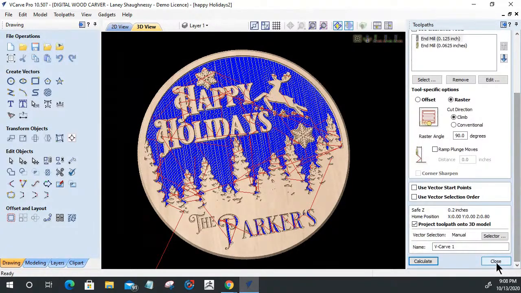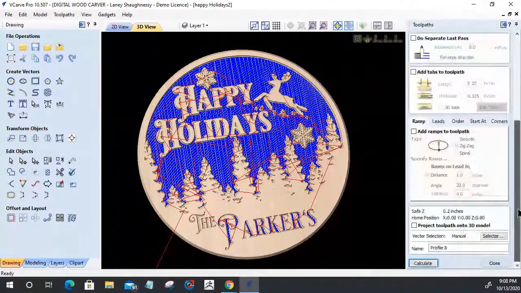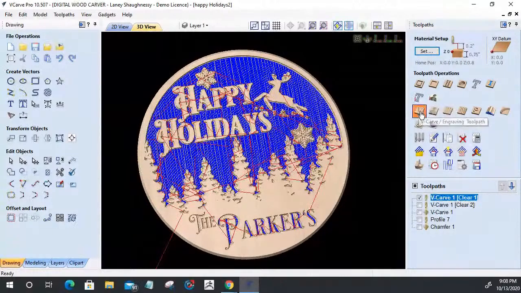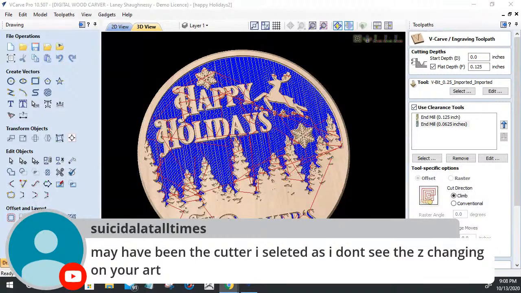Cut depths you will find in places like your profile toolpath, your pocket toolpath, your drilling operation, and other things. But there is no cut depth in a V-carve toolpath. A V-carve toolpath automatically calculates the depth of cut based on the space between the lines, and we can limit that cut to a certain depth. But let me go back and read the second part of his question. May have been the cutter I selected, as I don't see the Z changing in your art. Yeah, there is no